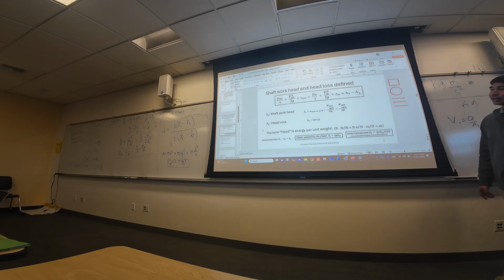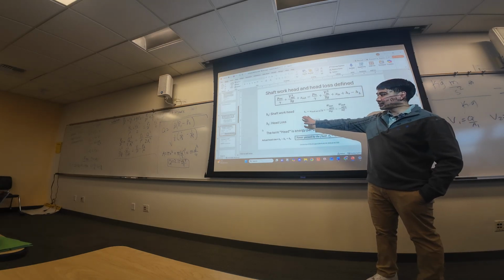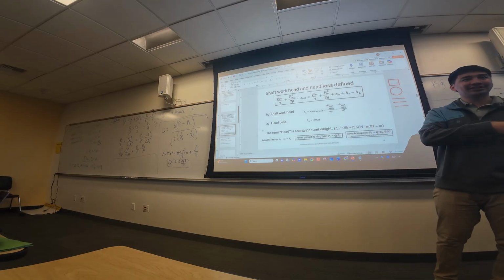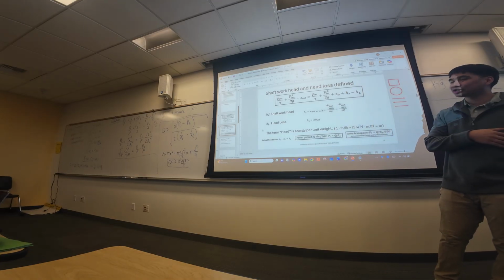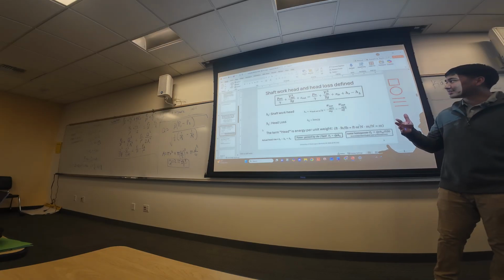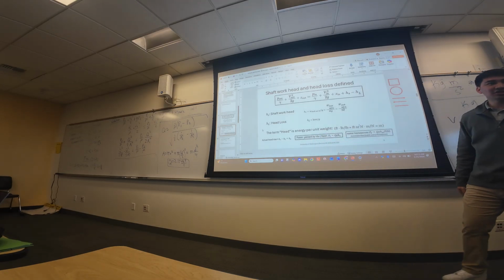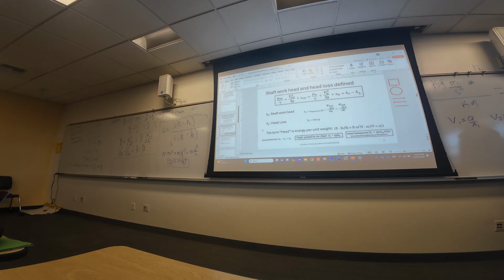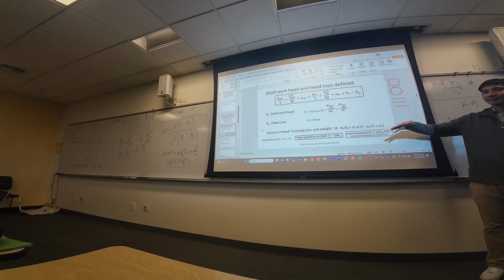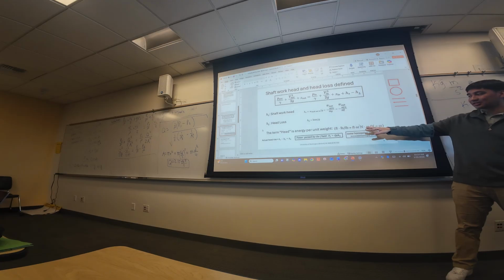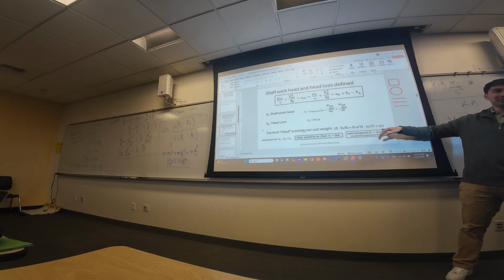Okay, so HS stands for shaft work head, and HL stands for head loss. So you see in our previous equation, right, that was like the work shaft that we had. This is just changing the units. So the term head is energy per unit weight. So they'll ask you, what is this head term, right? It's essentially if you have your energy, which is your force times distance, divided by a weight, which is another force. You just get meters.